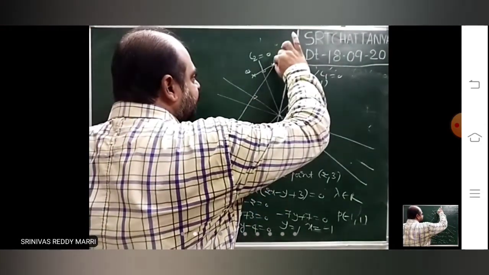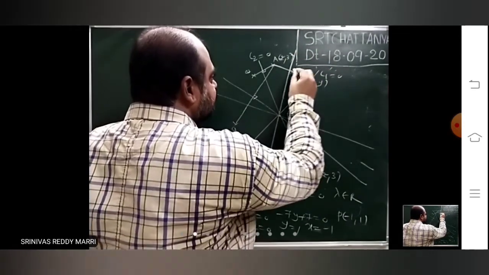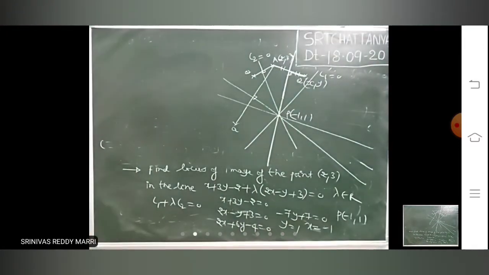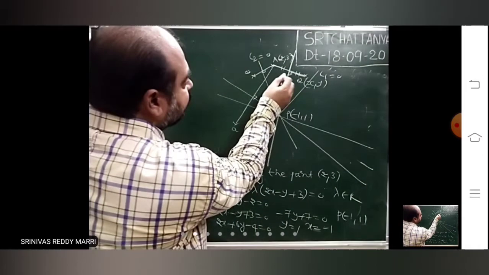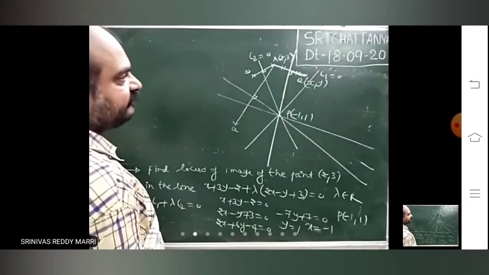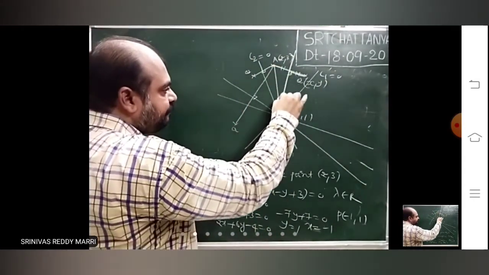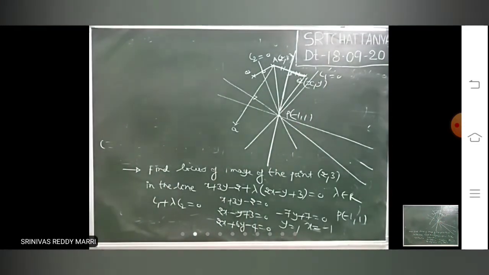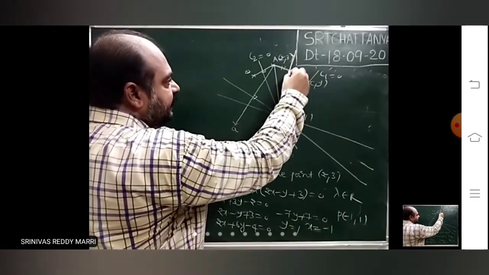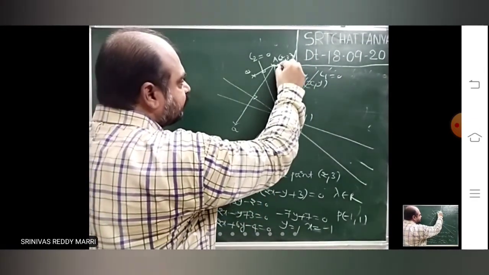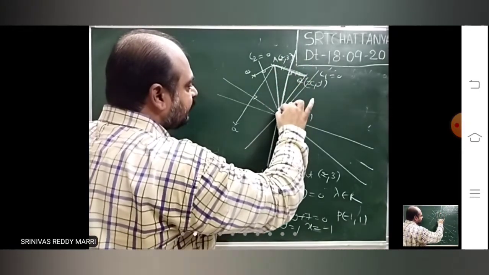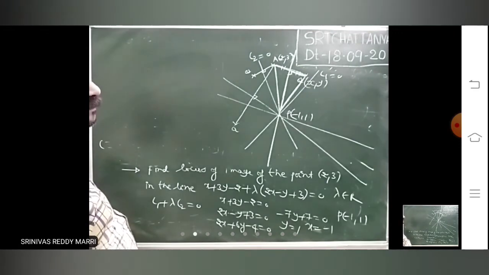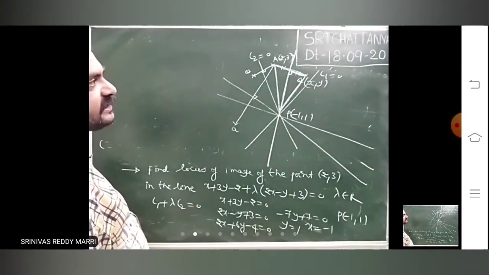Now look at this. I have taken the image like this. So this is perpendicular and these distances will be equal. So for this particular position, join A to P, join Q to A. So this is a perpendicular bisector. That means this triangle PAQ is nothing but an isosceles triangle.